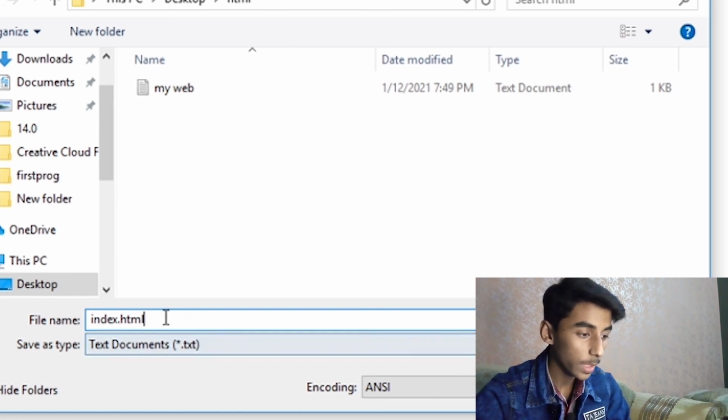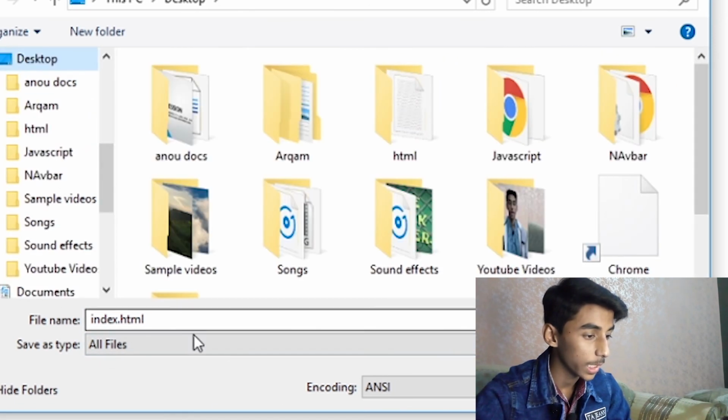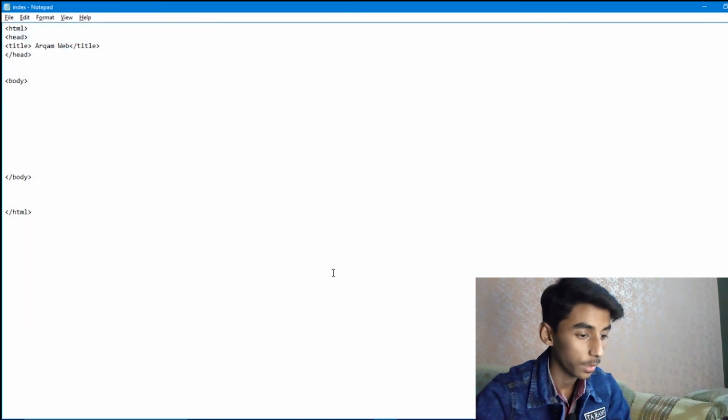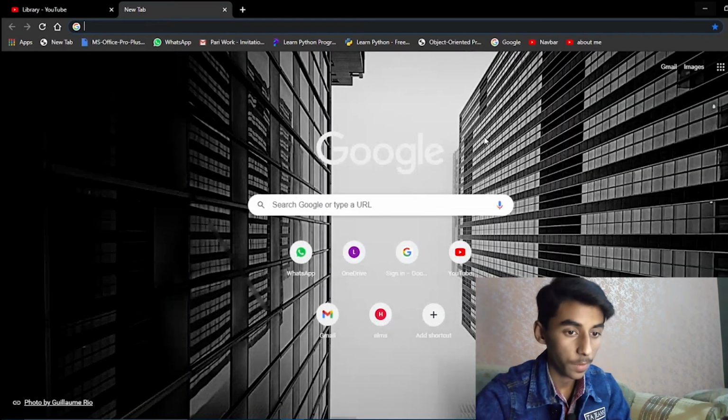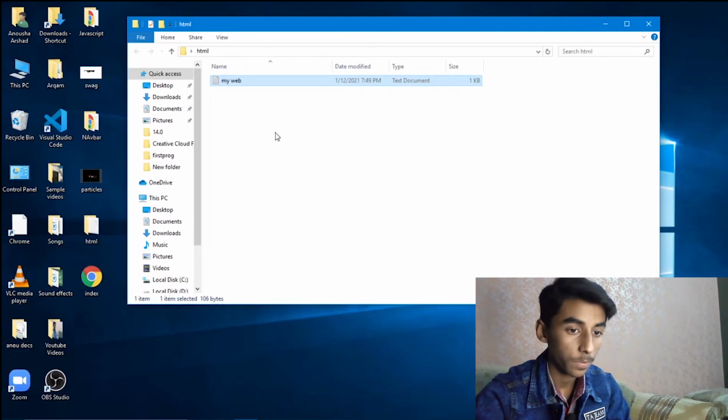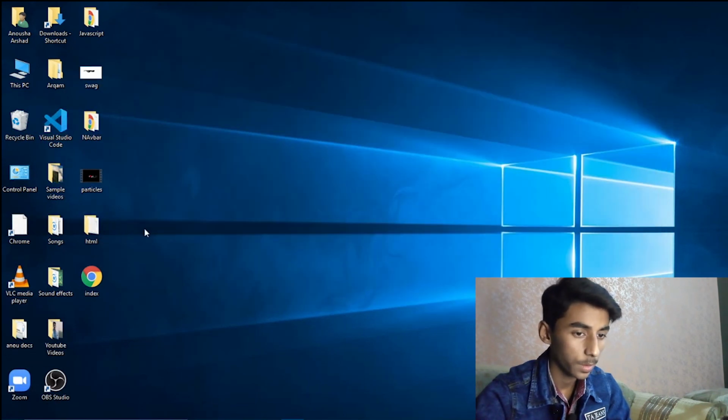Save as type: all files, and desktop, and save, and after that just see where it saves and open it. I just open it.